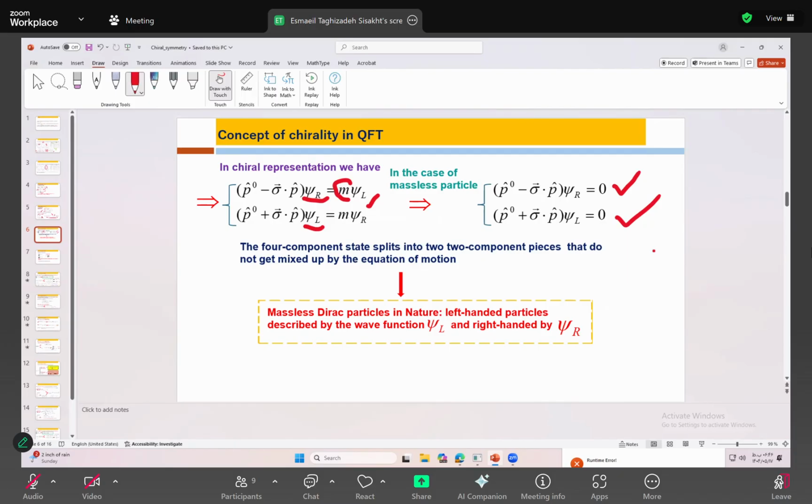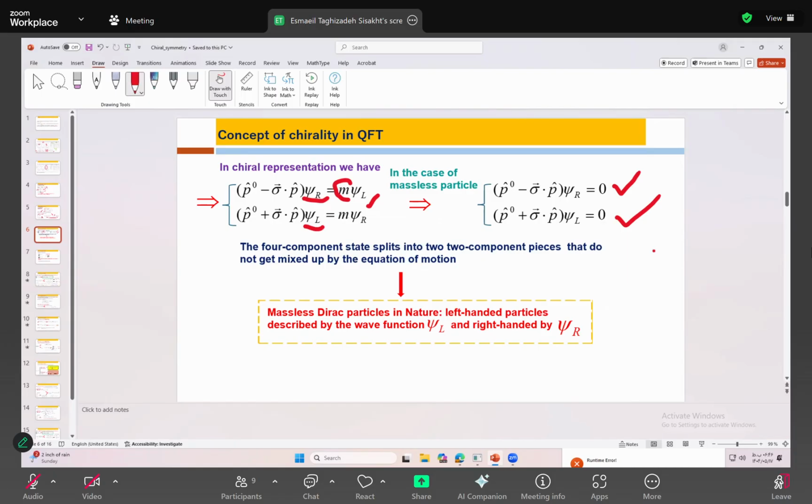So in the massless limit, the right-handed and left-handed equations will behave independently and will be separated. And we can say that there is something here that is responsible for this right-handed and left-handed behavior. And the question is, what is that